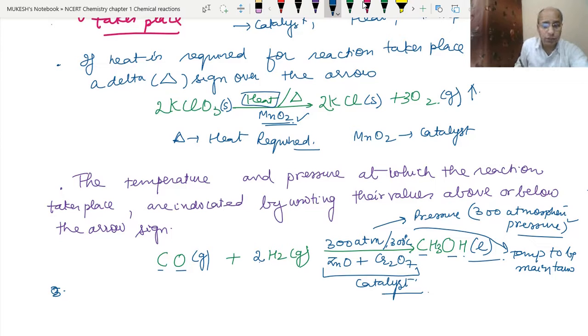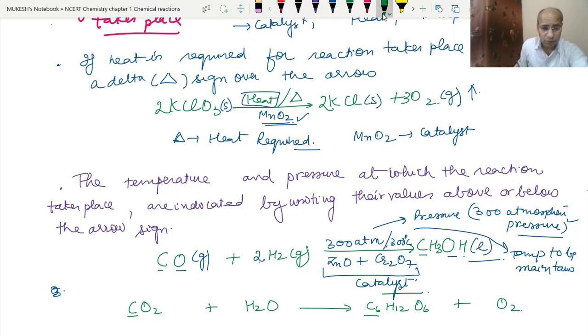Okay, let's write one more equation that we all have seen. That equation is the photosynthesis reaction. CO2 plus H2O gives C6H12O6 plus O2. First of all, balance the equation. We have carbon 1 here, we have carbon 6 here, and simultaneously I am telling you the quick method of balancing the equation. See, here we have 1 carbon, here we have 6 carbons. Here we have oxygen 2 plus 1, 3, here we have 6 plus 2, 8. Here we have hydrogen 2, here we have hydrogen 12.